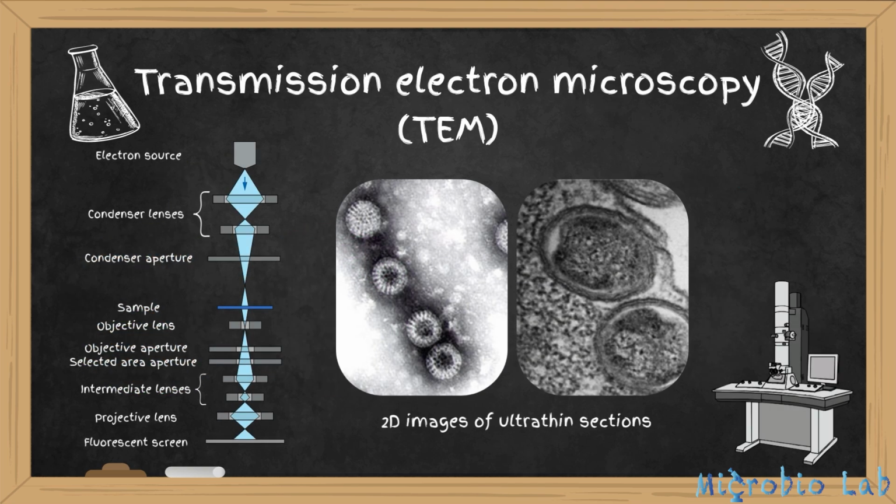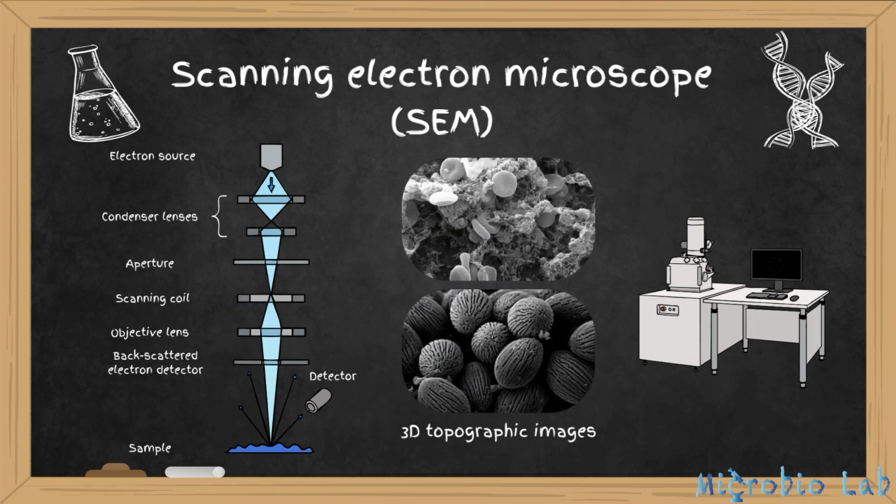In transmission mode, it produces two-dimensional images of ultrathin sections. This reveals the internal ultrastructure of cells, with resolutions down to 1/10 of a nanometer, perfect for observing membranes, viruses, and large molecular complexes. In scanning mode, the microscope explores the surface of a specimen point by point, building a